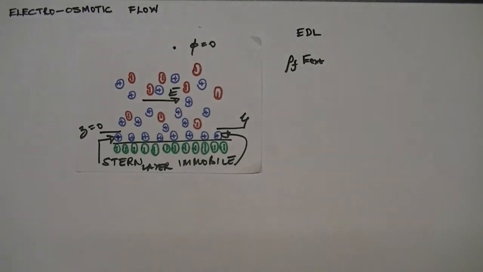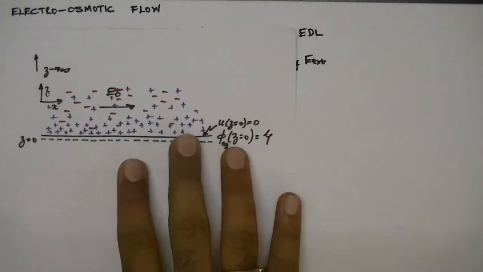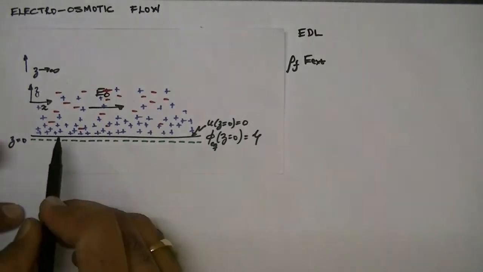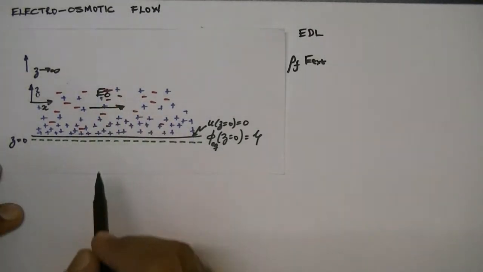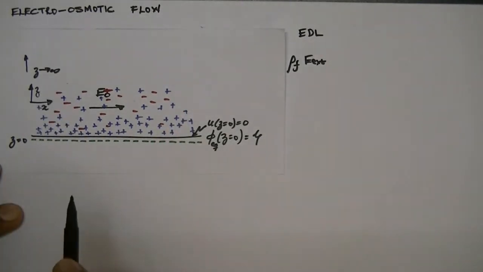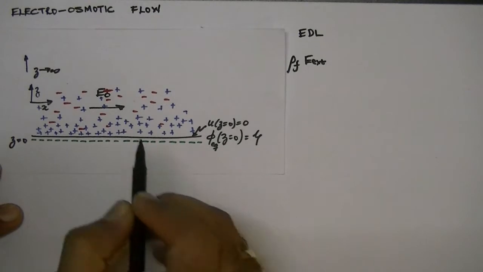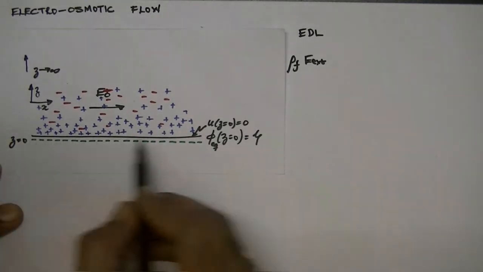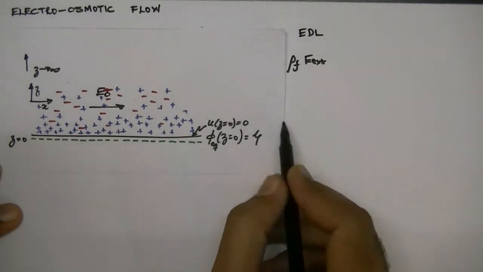In this lecture, we'll model this electro-osmotic flow. So this is the situation that we are going to consider. We'll consider electro-osmotic flow over a flat surface that is kept in a semi-infinite media of electrolyte containing positive and negative charges. So we have this flat surface with negative charge, and that leads to